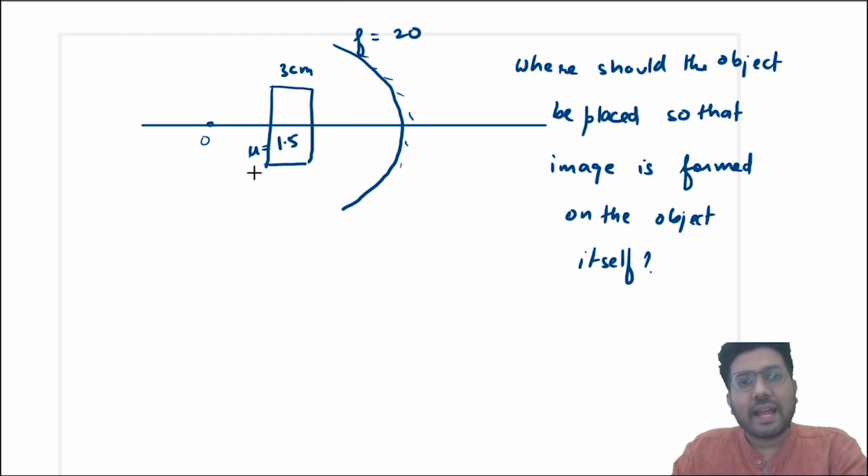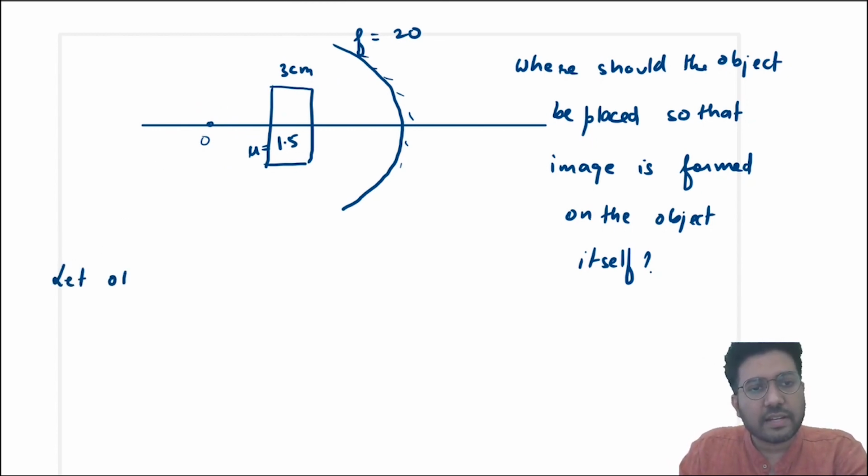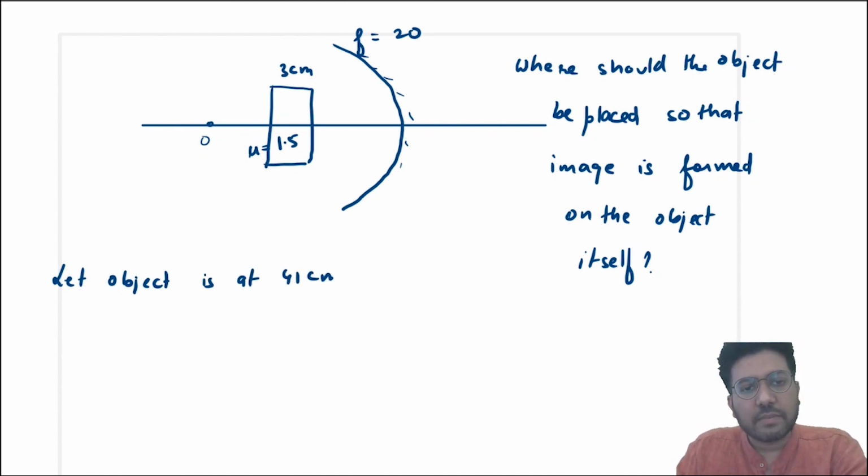So you know that when the object is at a distance 2f, image is also at a distance 2f, right? So here for the concave mirror, the image or the object should be at the distance of 40 centimeter. So for that, this object should be at a distance of 41 centimeter, right? So let the object is at 41 centimeter. Listen carefully. Okay. So first is shift. So you know that the same data I am taking. So shift will be 1 centimeter.